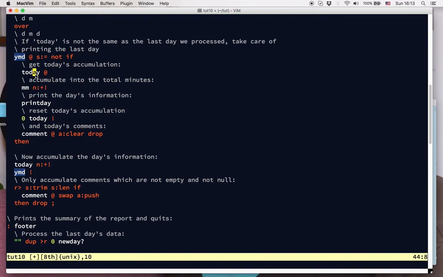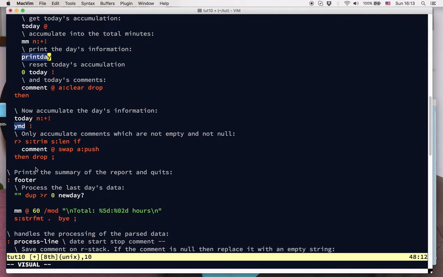So we take today's accumulation value, we accumulate that value into the total number of minutes, then we print the day, we reset then the comments and the today. Now this print day is also a little bit busy, but here we print and then we reset. And then